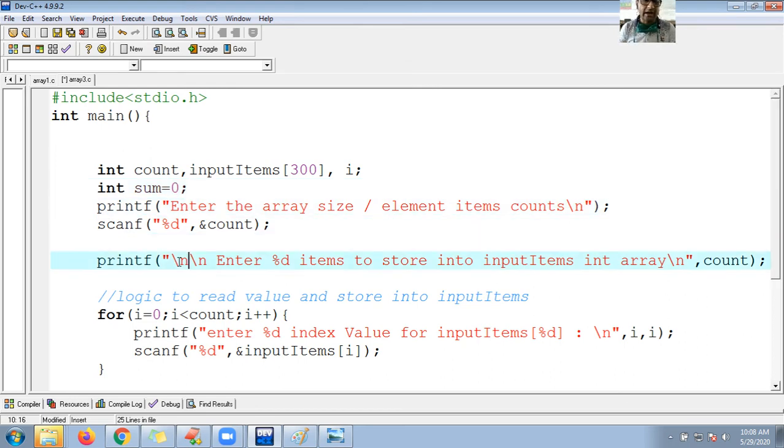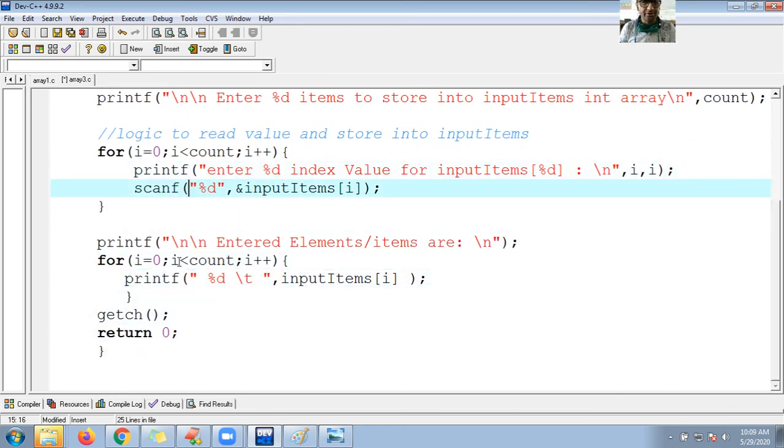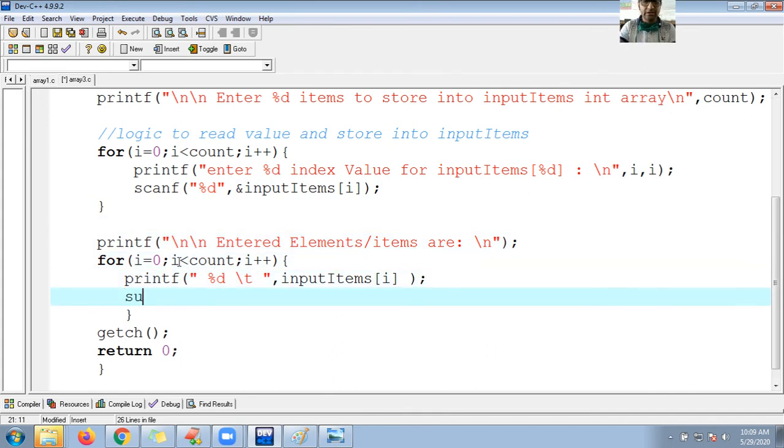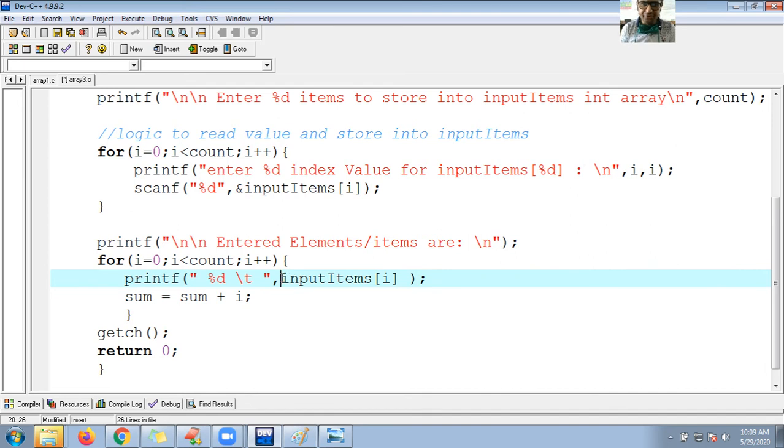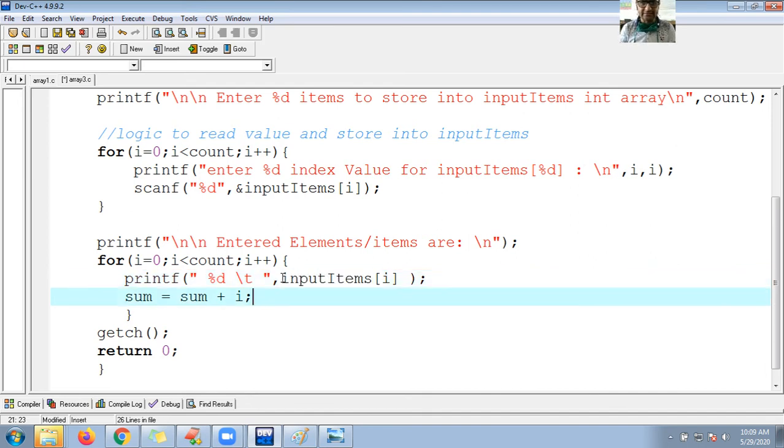Okay, and scroll down. So here I can count. What should I do? Sum is initialized with sum plus. What should I do, guys? Tell me, yesterday's logic only. Oh, sum plus only i. Only i. Will it work? You need to use input items of i. Yes, well tried, but somewhat of a mistake. Okay, anyway, this will also work.